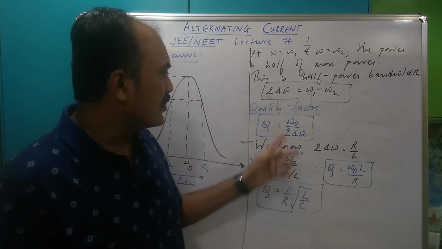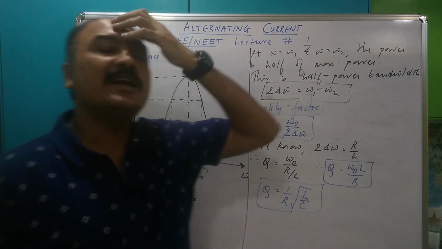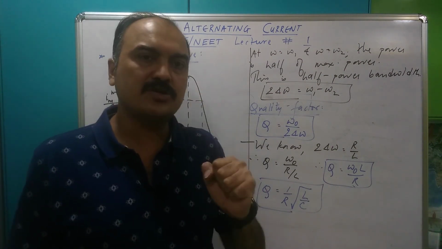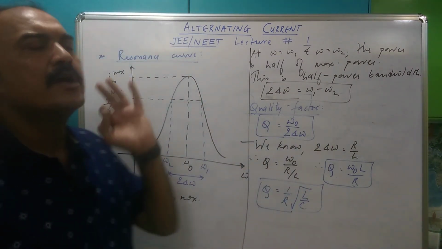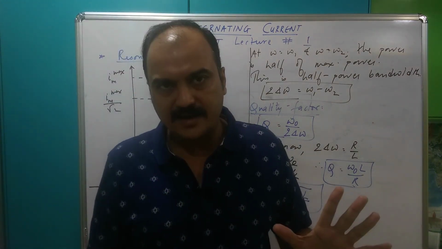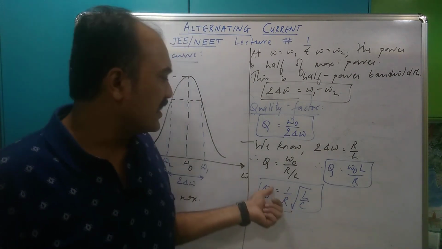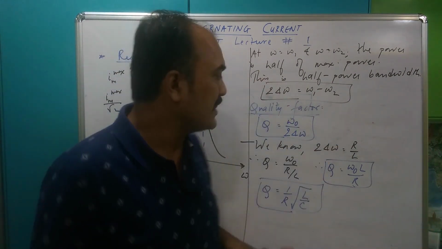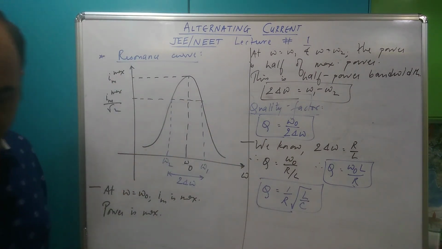तीन इक्वेशन मिले Q के, एक तो पहला ये, दूसरा ये, तीसरा ये. And let me tell you, जिस सर्किट का Q वैल्यू सबसे ज्यादा होगा वो सर्किट बेस्ट यूज होगी कम्युनिकेशन के लिए, वो सबसे बेस्ट शार्पनेस कर देगी, best for tuning and selectivity. So if they tell you to choose a circuit, you will choose the circuit which has the best value of Q. All right, remember that. So this is the idea, this is the resonance curve. Let's move on.